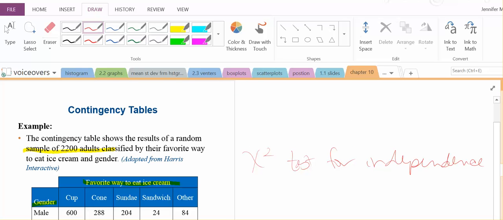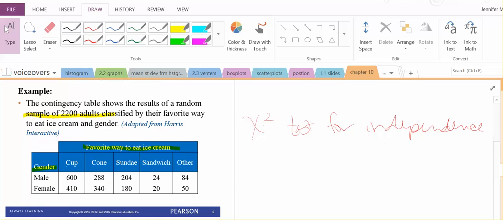We're going to do a chi-square test for independence between two variables. Our two variables in this table are the way you like to eat ice cream and your gender. So are those two variables independent of each other? The calculations for this are measurable, so you can flip through the slides and see, but I'd like to just show you how to set this